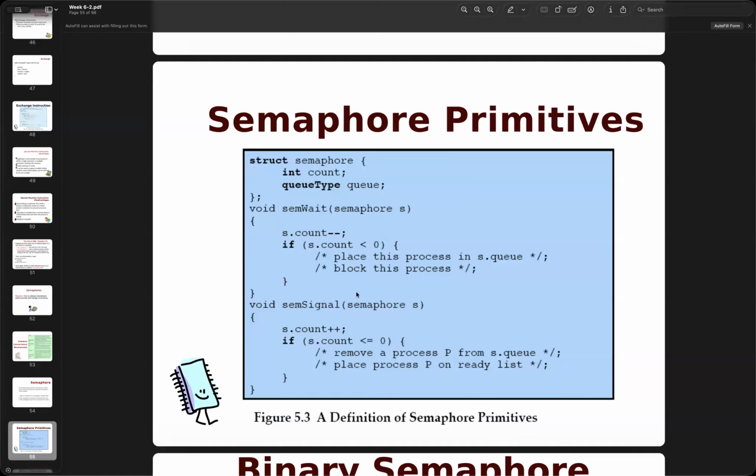If we do have a signal, we increment by 1 and check if it's less than or equal to 0, then we move a process from the queue and place it on the ready list.